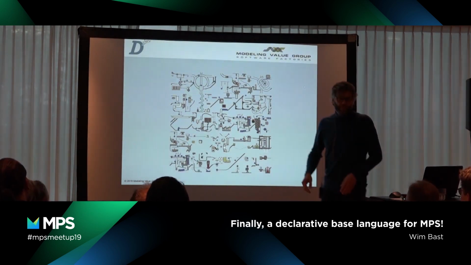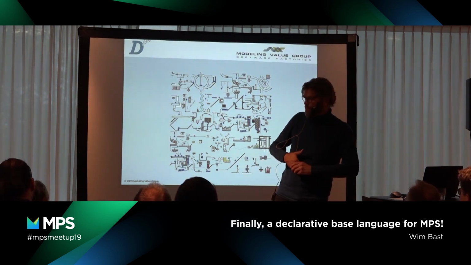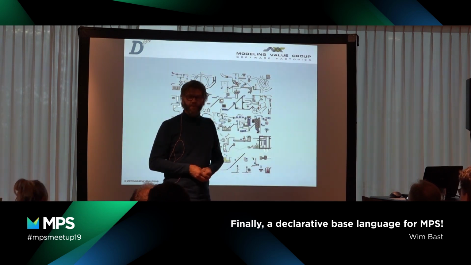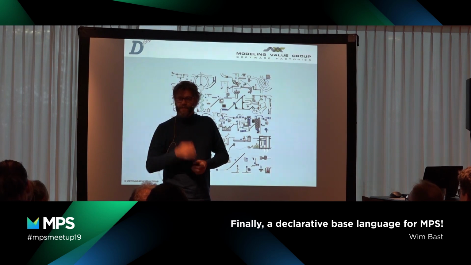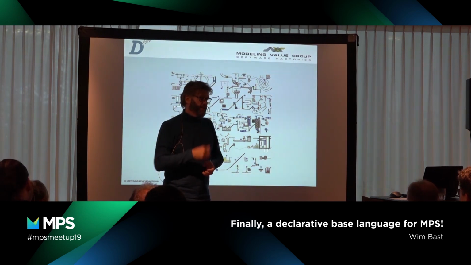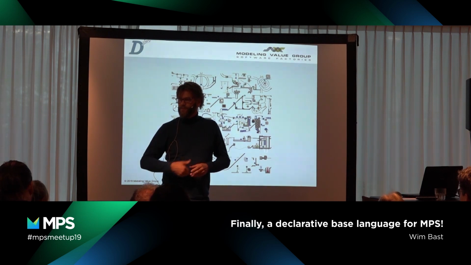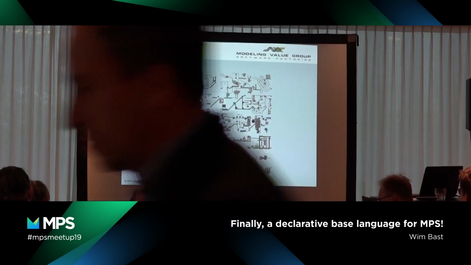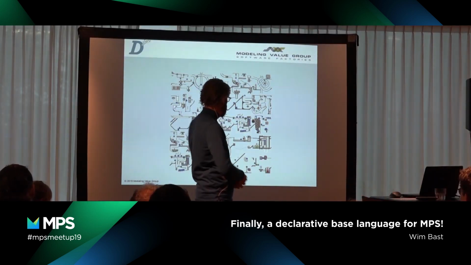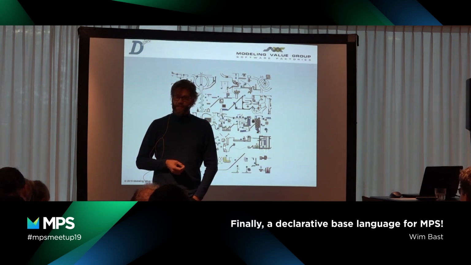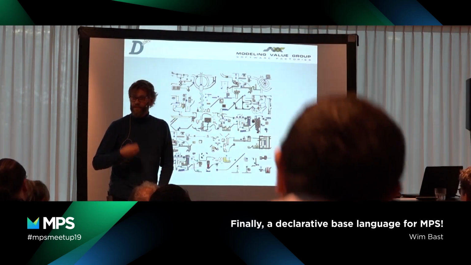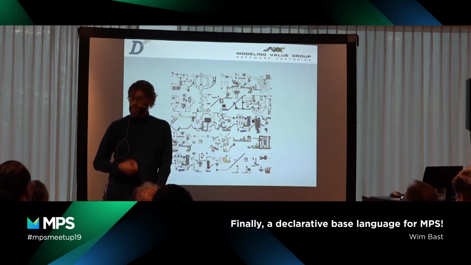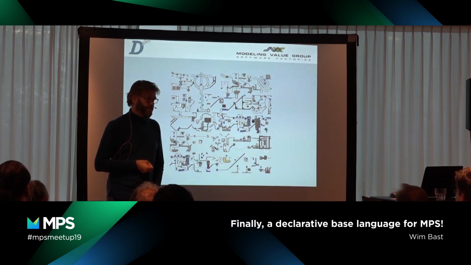Okay, so we build complex systems. And complex systems are not only complex because they have many objects and many values, but also because they are dynamic. If you create a language, then it's not only about the structure, but it's also about when you do checks, do you know the errors, how do I project it. So there's a lot of dynamics going on if you use a tool. And it becomes very complex. And you have to grab that complexity in some way. And this presentation is about a new solution to grasp that kind of complexity in a declarative way.